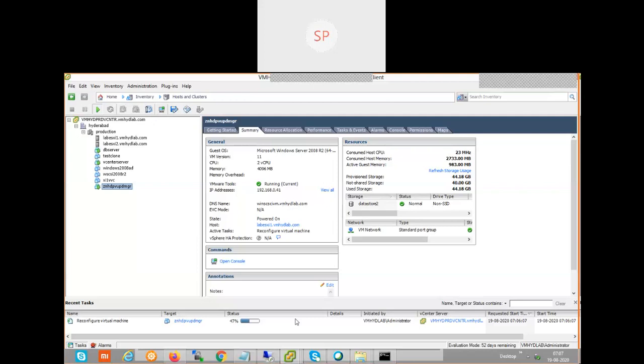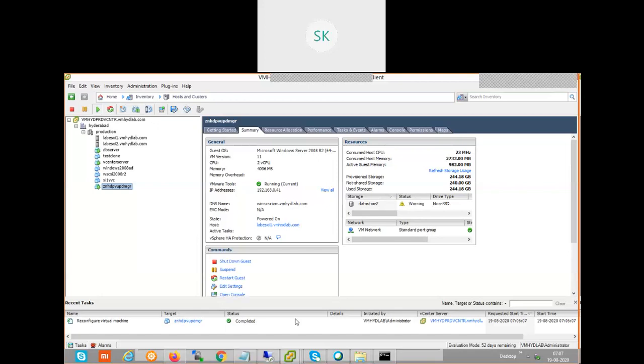Why are we creating this iSCSI target server? To create a shared storage for my ESXi lab environment. There are two ESXi hosts available, but there is no shared storage available. So I'm using the existing storage of one of the ESXi hosts, assigned to Windows Server. On top of Windows Server, I'm installing the iSCSI target server so that the same storage can be used as a shared storage for both ESXi hosts.